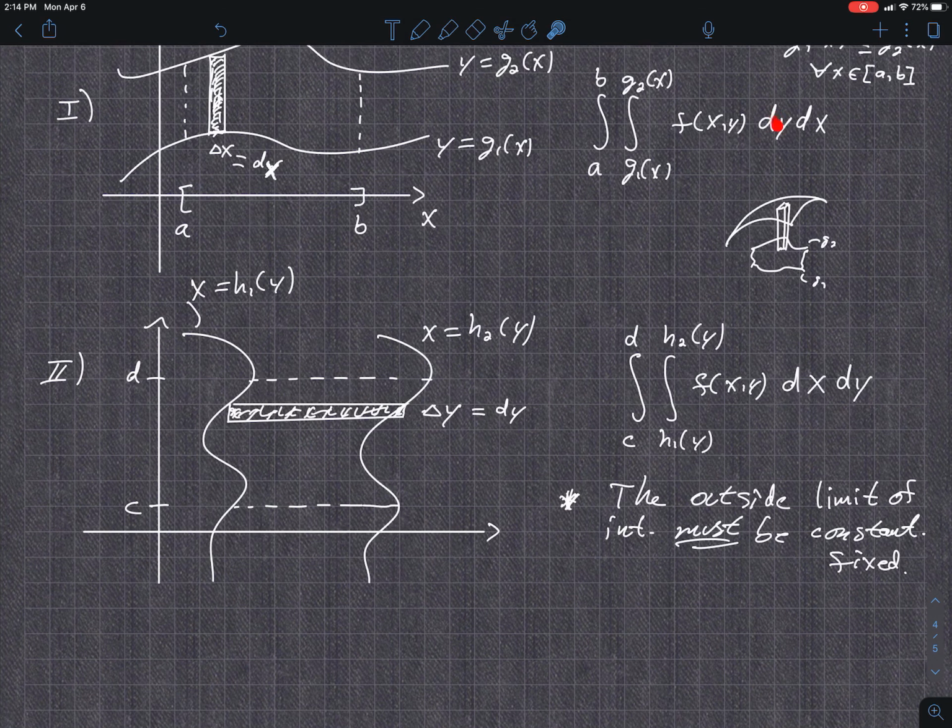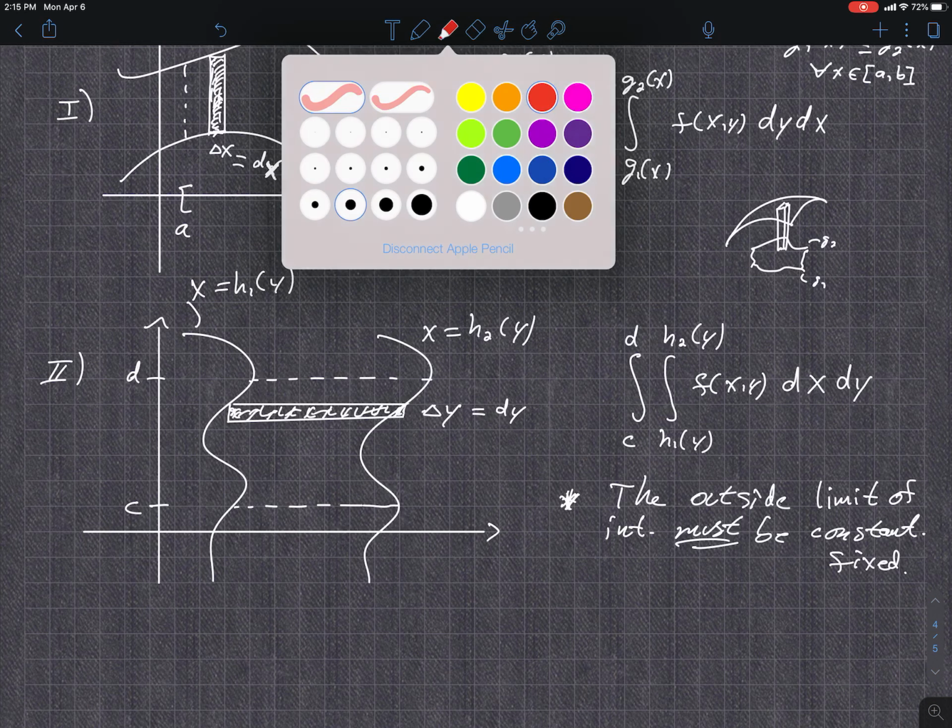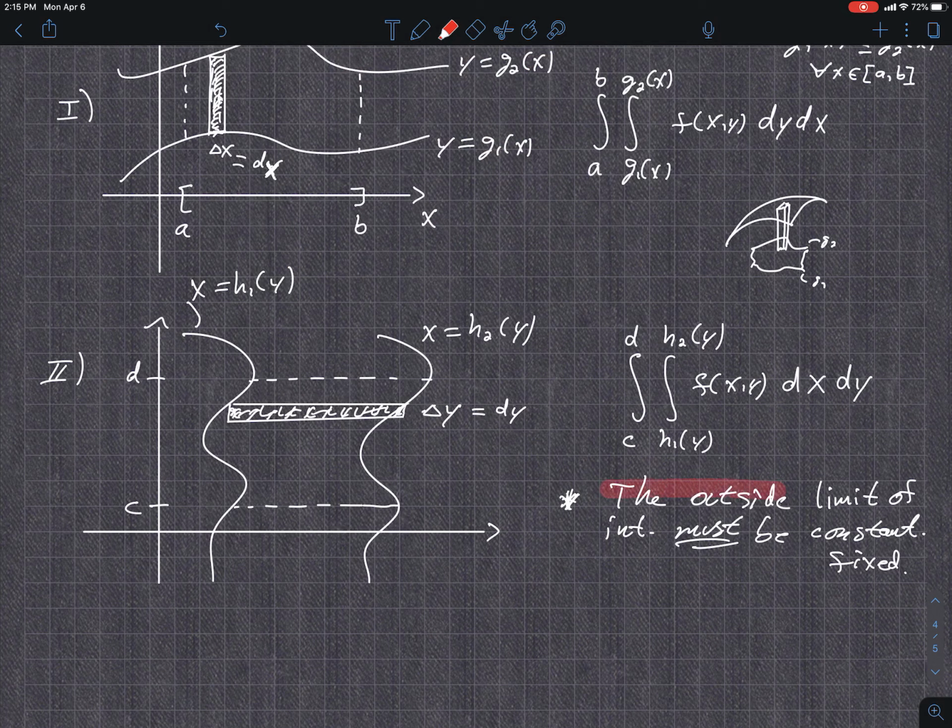The critical part here is this is dy dx when you're going our normal direction. If you're going the other way, then it's dx dy. You do dx first. Write this down, we'll write all this down, but make sure you say this. This is very critical, that the outside limit must be